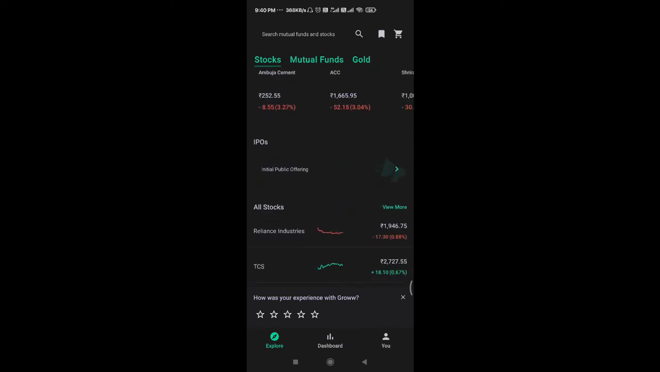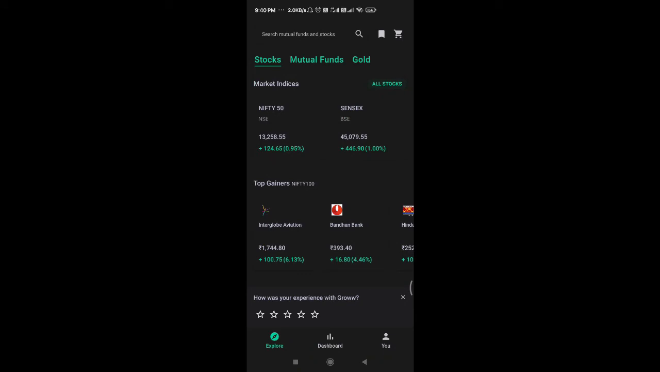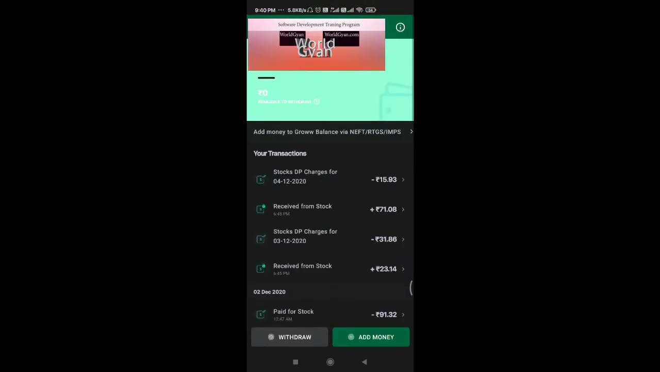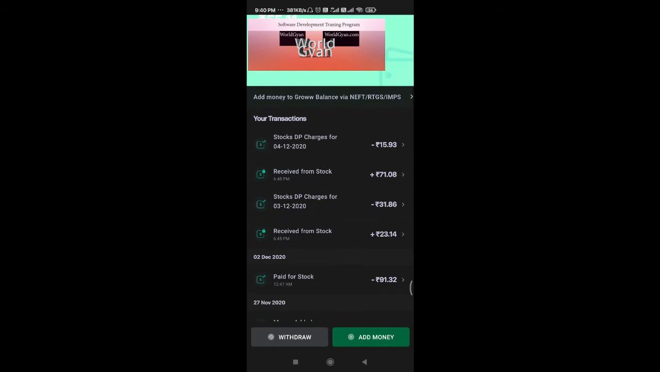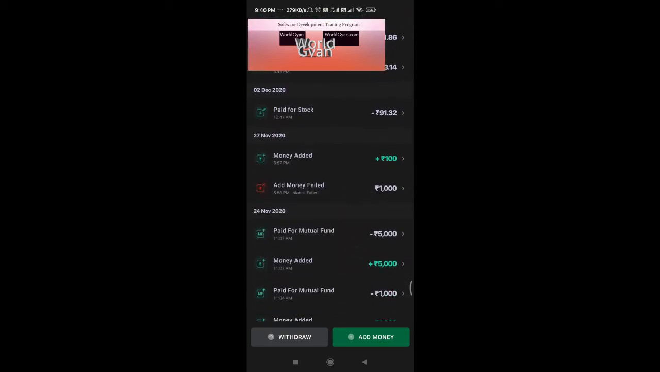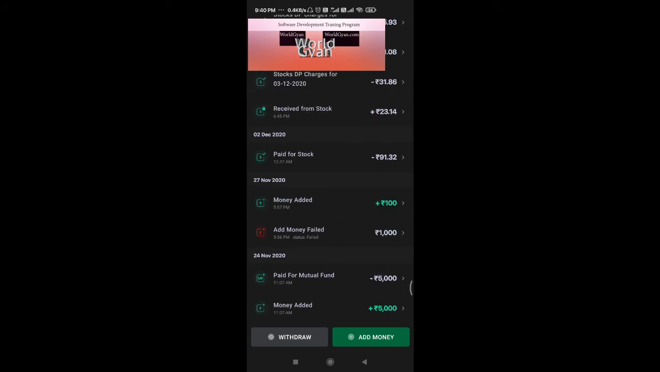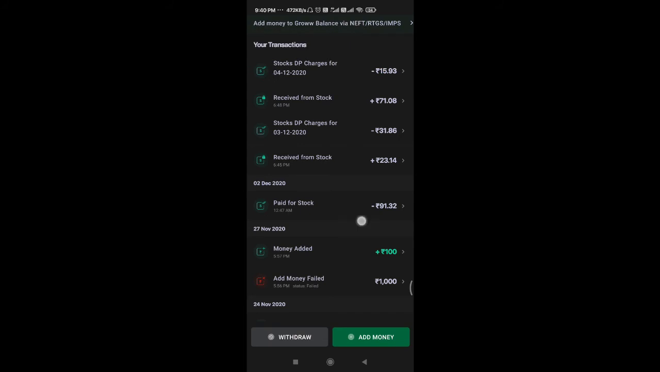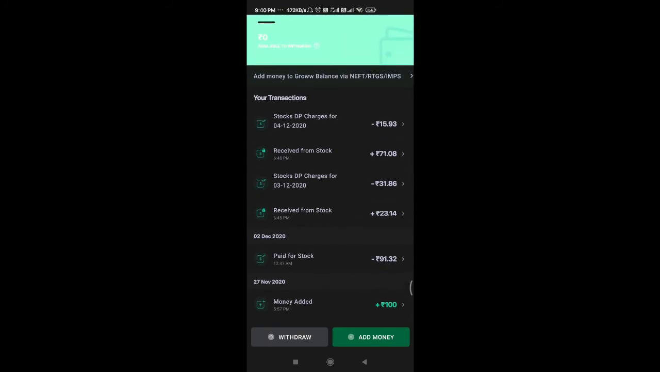So how much you have to pay? I am providing you a quick reference. So here I am clicking on add money. Here you can notice the stock DP charges of minus 15 rupees, and receipt from stock. Okay, so first and foremost you have to add your money. So I have added 100 rupees and paid for stock 91 rupees, and receipt from the stock 23,